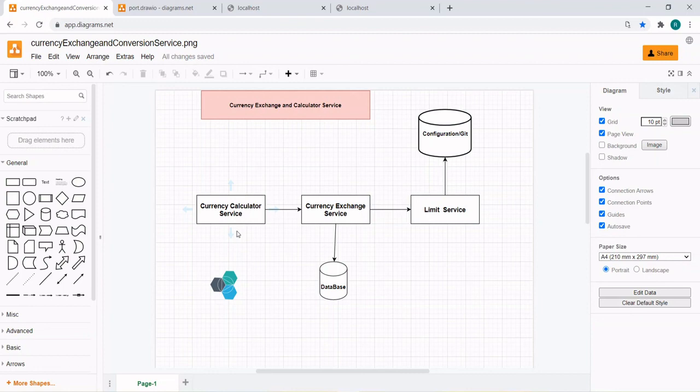Okay, got it. So this is all about the functionality.